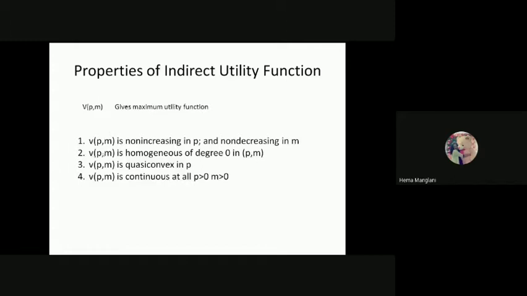Now here V is a function of P, M and is homogeneous of degree 0 in P, M. I hope you all remember the meaning of this homogeneous of degree 0. It means when we scale by a scalar t, the function is unchanged, that is homogeneous of degree 0. That could also be 1. I think we have done some exercises when I was teaching micro for homogeneous of degree 0 and homogeneous of degree 1. Do you all remember it?